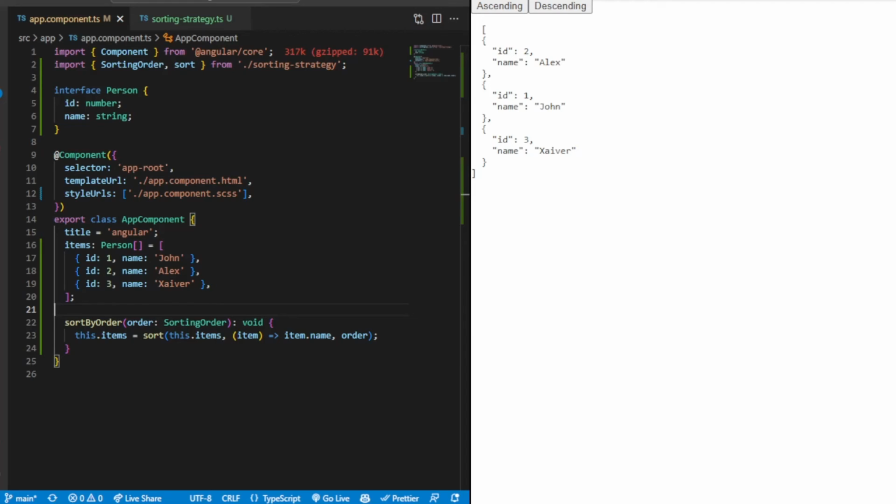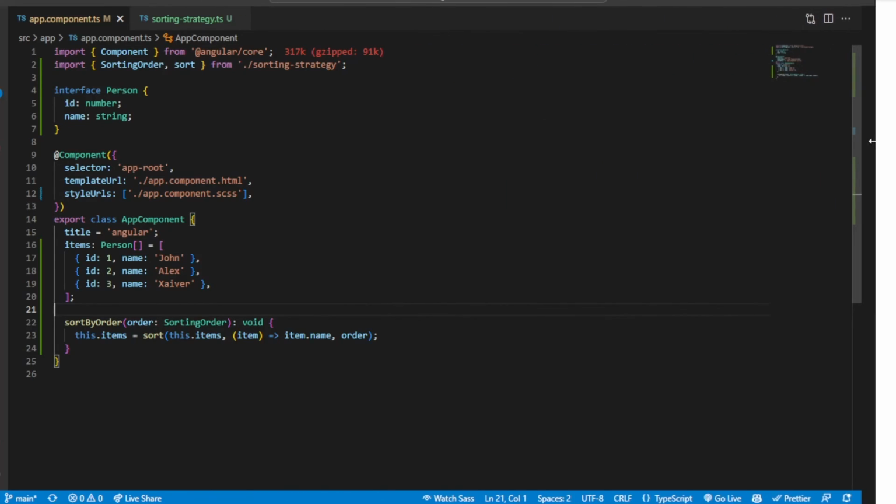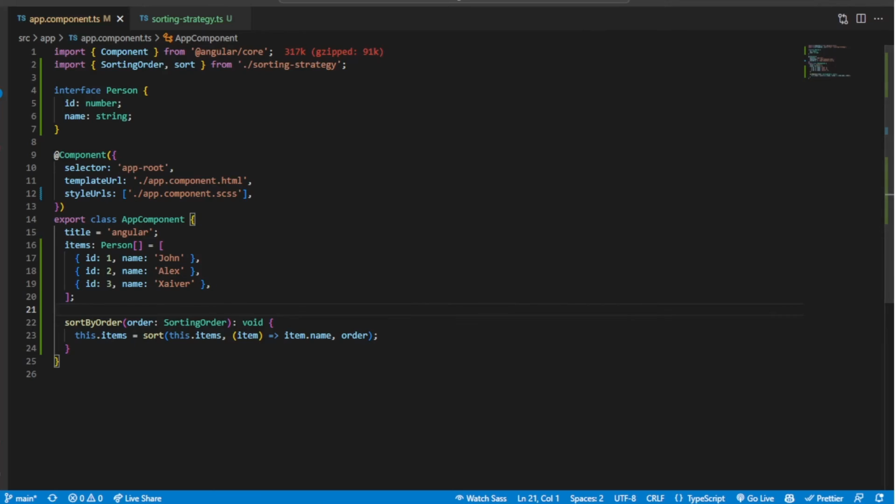But there are very common and good use cases to use the strategy pattern, which in my consideration, I think that it's not for me. I would say strategy pattern is not for everyone. In my opinion, I think there's alternative ways to solve the issues. But if you would summarize the pros and cons, so the pros of using the strategy pattern would be that